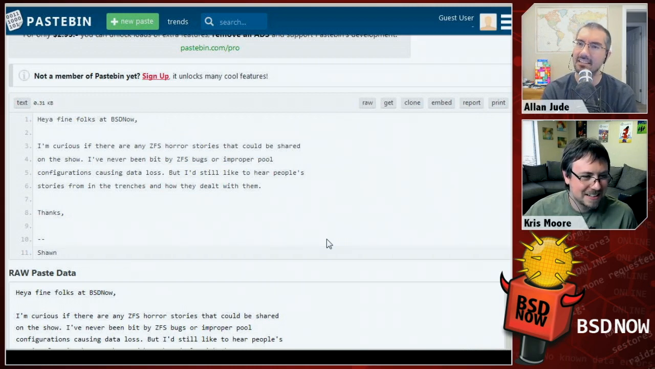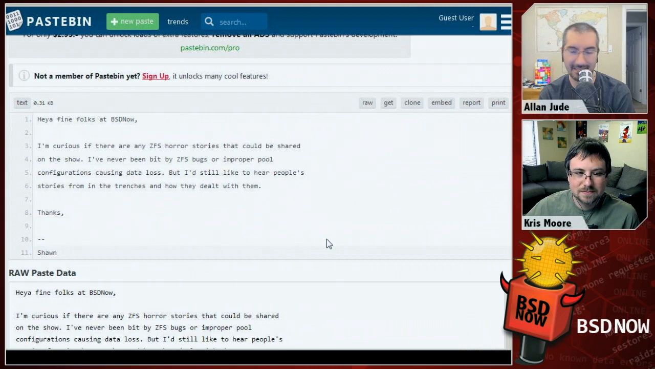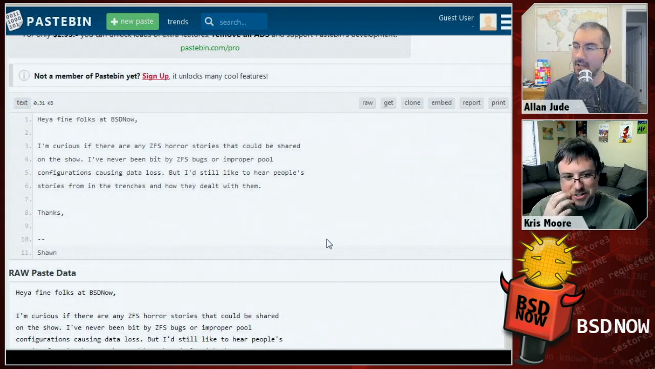In most cases I can think of, I've heard that an improper pool configuration itself doesn't cause data loss, but it can put you in a situation where if any one disk dies, then you have data loss. Yeah. And undoing the bad configuration choices that were made is difficult. Yeah, and I can think of some people who have had to move all the data off and recreate